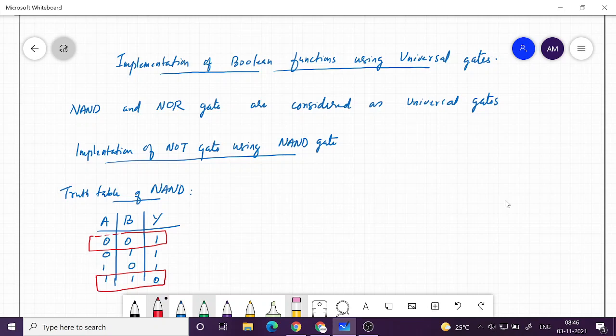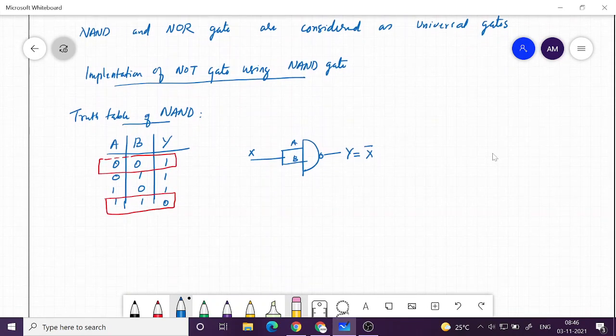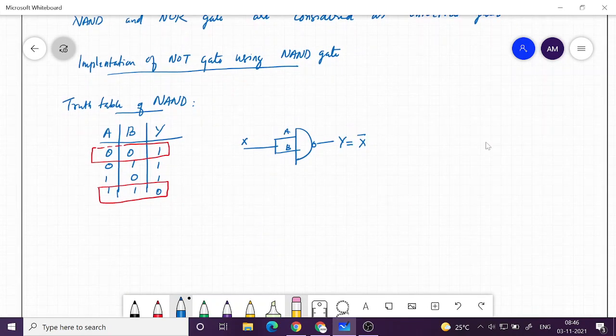So what we do is we take a NAND gate with the two inputs and we give the same input to both A and B. So this is A and this is B, but we give the same input, say X, to both inputs, and then as per this truth table your Y will be X bar, which is basically the NOT gate. Similarly, you can implement other gates.